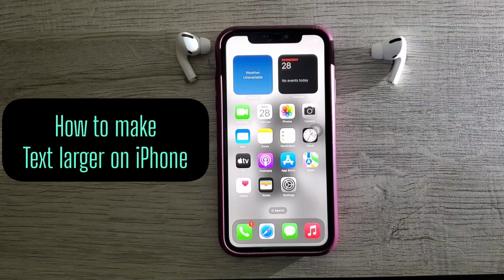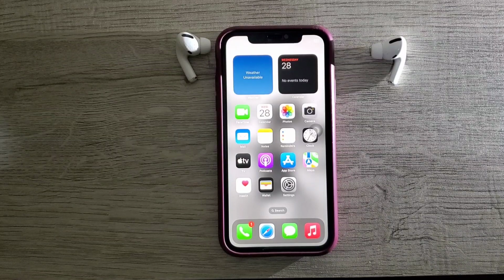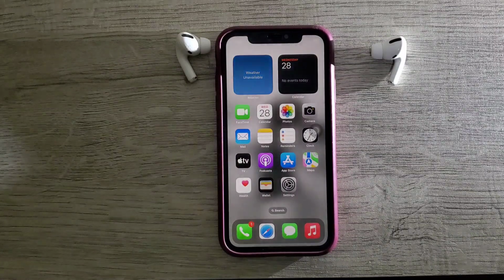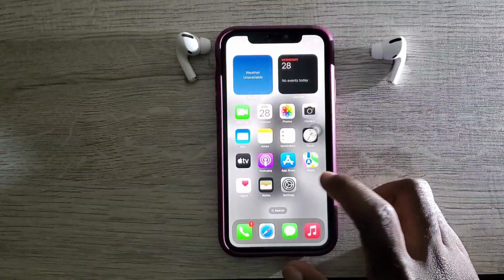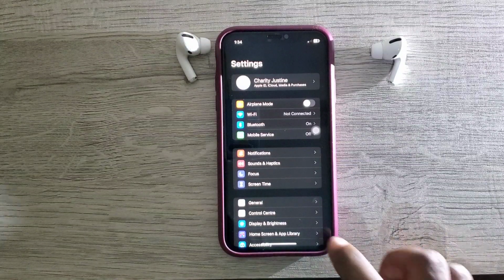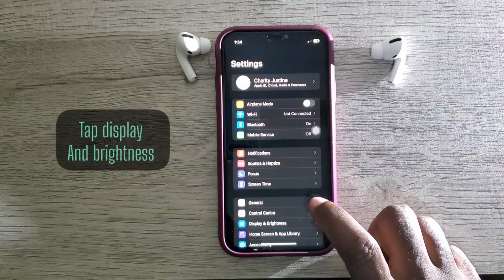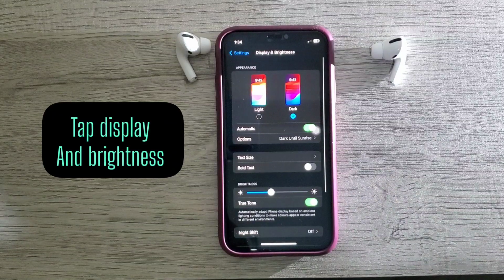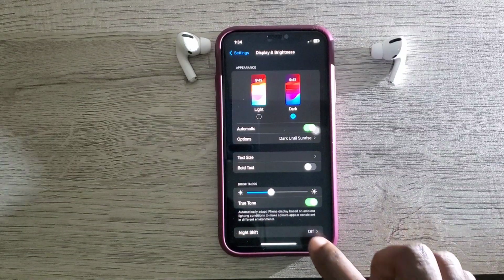In this video, I'm going to be showing you how to make your text larger on your iPhone. Okay, so what you're going to do is head to your iPhone settings. Now when you go to your iPhone settings, tap on what they call Display and Brightness. So when you tap on Display and Brightness, scroll down